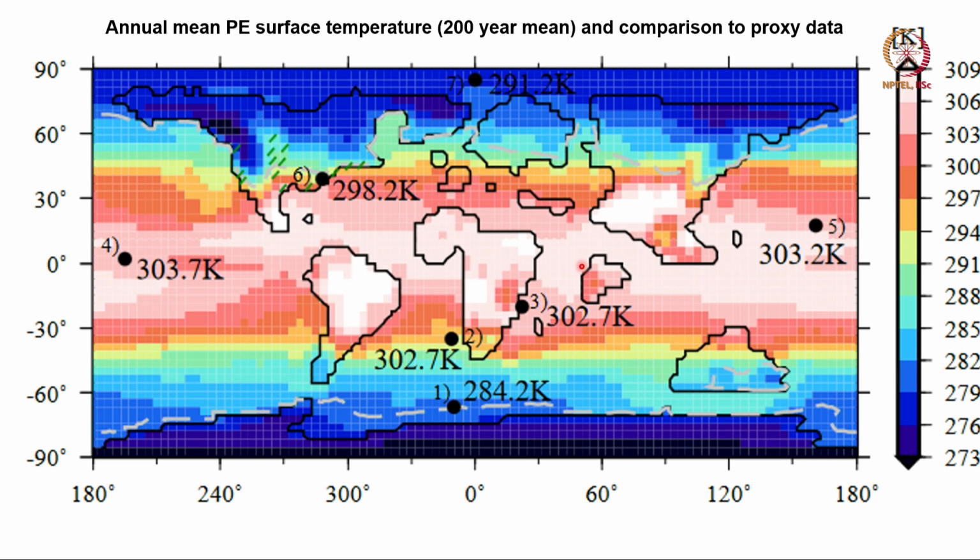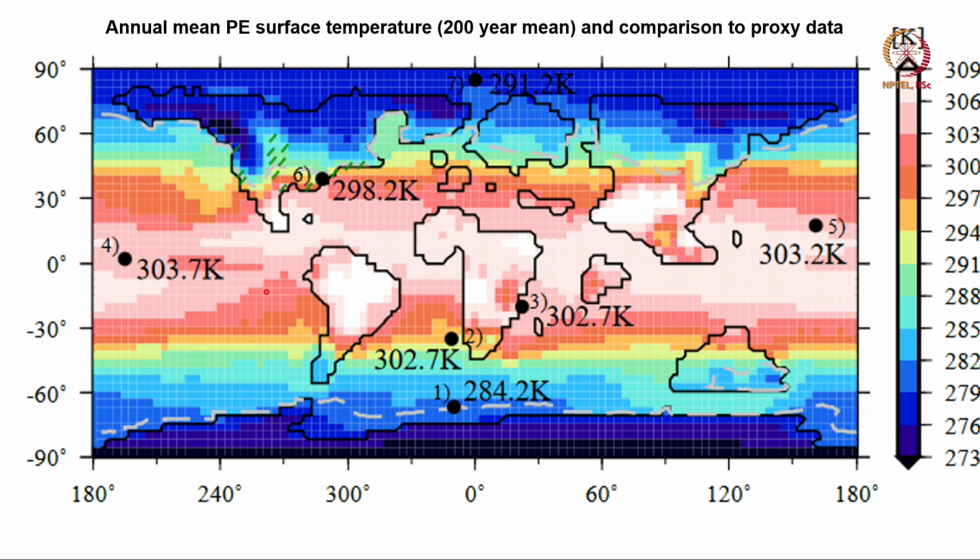Now you must remember that 55 million years ago, the Earth's geography was not the same as present. India was below the equator. Here is India. And Africa was not joined to Europe. South America and North America were not joined. So all these you have to consider, so this model took care of all these geographic features, and the model simulated the temperature 55 million years ago and compared with proxy data.